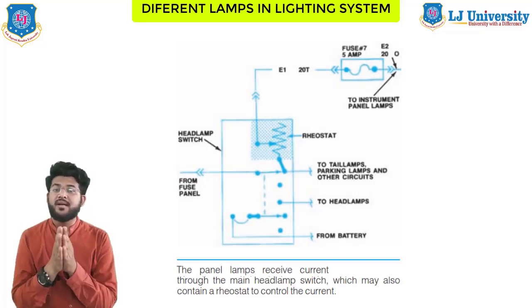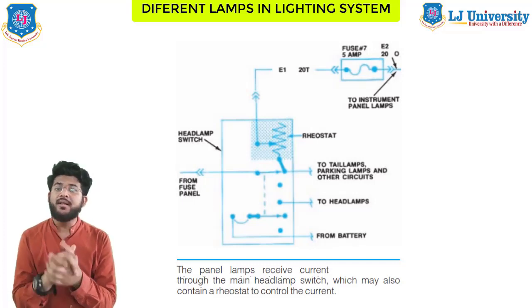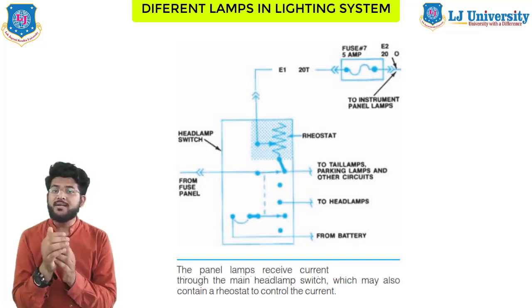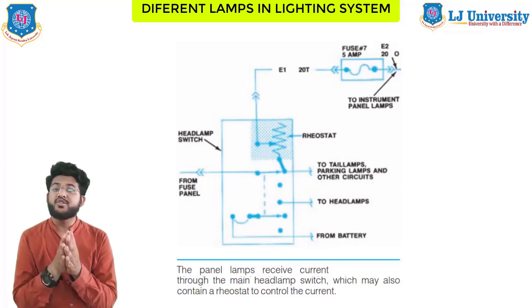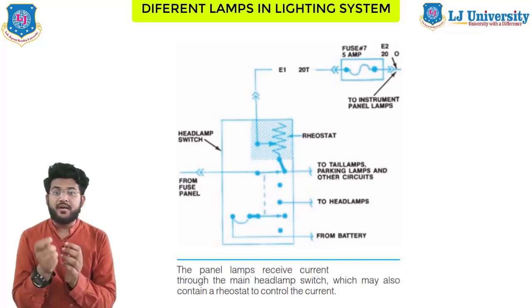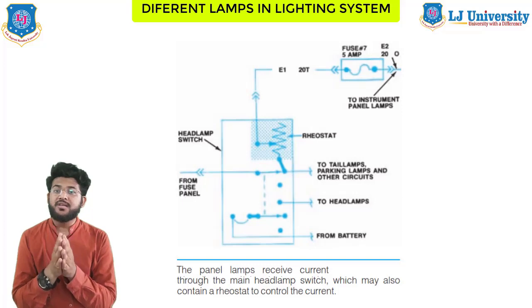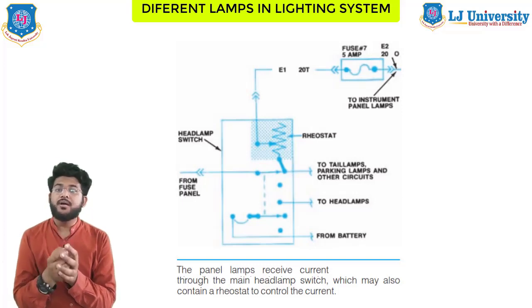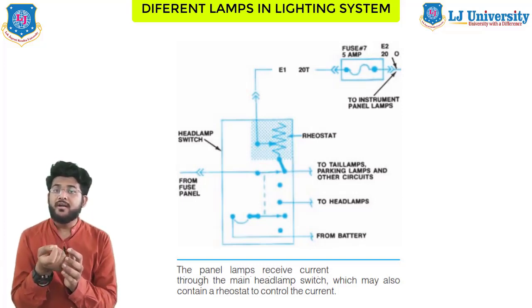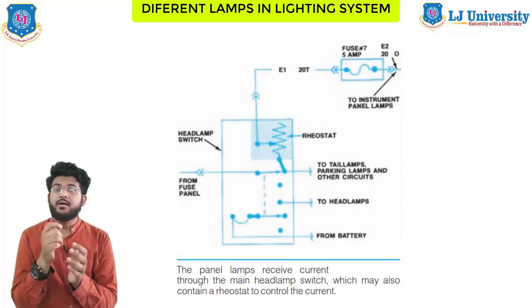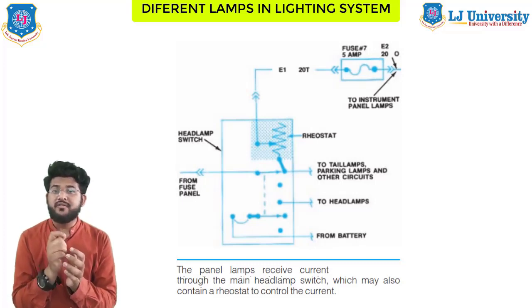So let's see about the circuit diagram. All the late models of the automobiles use the printed circuit, or you can say PCB, behind the instrument panel to simplify all the connections and minimize the wire use. It will also conserve space. The connection can also be made with conventional wiring. Next are switches and rheostat which are used.